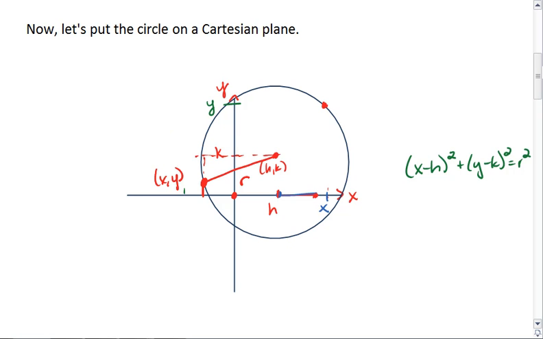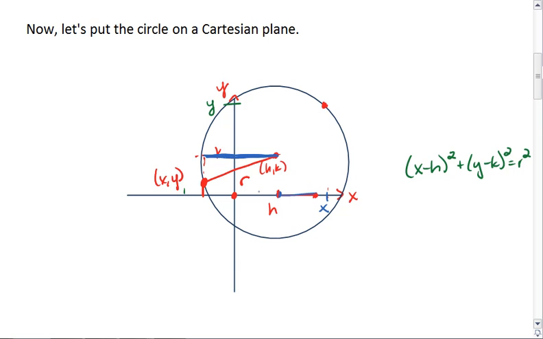To find this length here, notice that x is a negative number. So if we take the negative number plus the positive h,